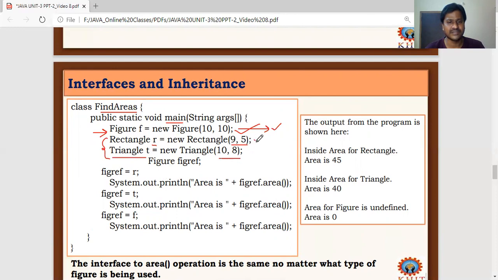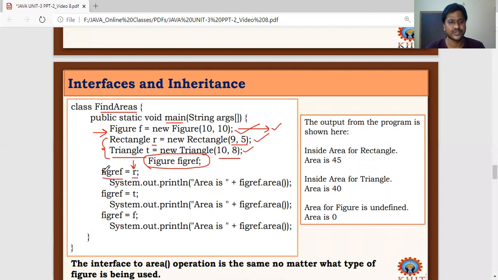So all of this is valid and executes properly. Now coming to this point, I'm creating a reference variable of the superclass, a Figure reference variable, and I'm assigning r, a Rectangle class object. A reference variable of the superclass equal to an object of the subclass.